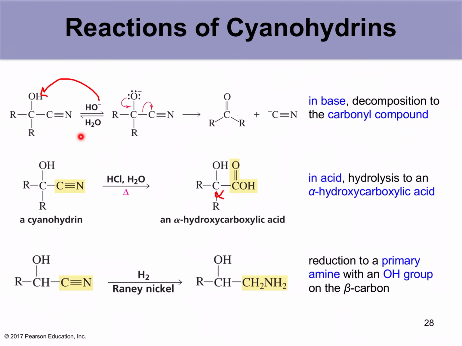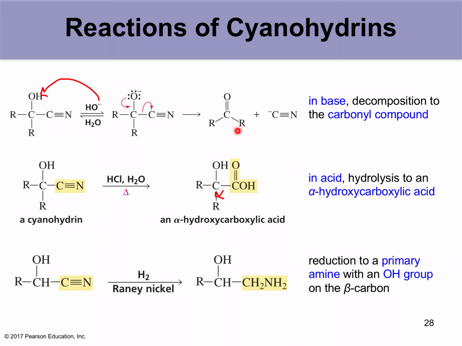For example, with a base like sodium hydroxide and water, it can decompose and give back the original ketone that you began with, because the hydroxide can grab the proton from the alcohol, because